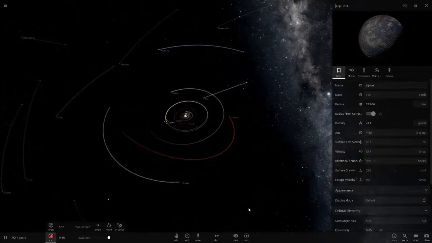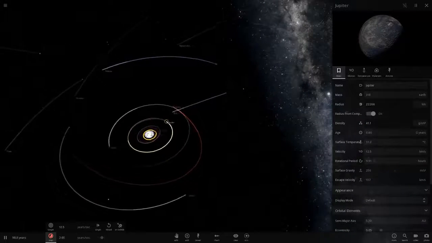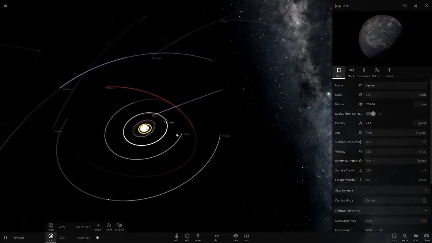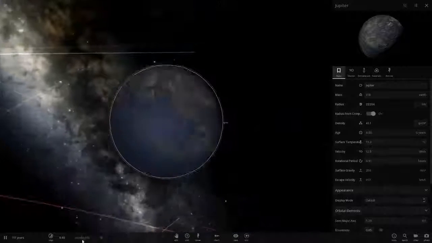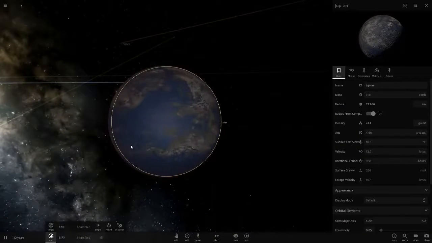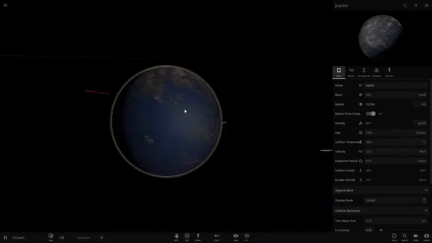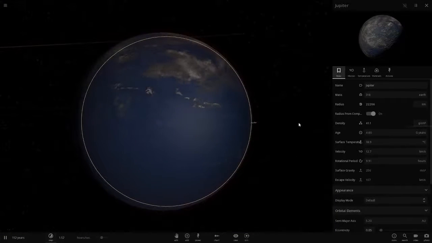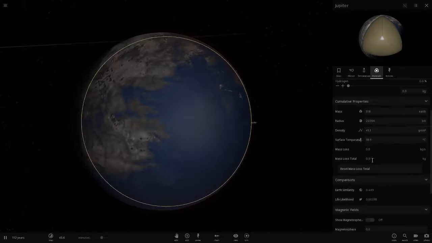Let's speed up time again. Let's go all the way around. There we go. Okay, we've done a year. Let's have a look. We've got a lot of water in the south, and then more land in the north here. Okay, cool. Since that's working well, and if we have a look, it's